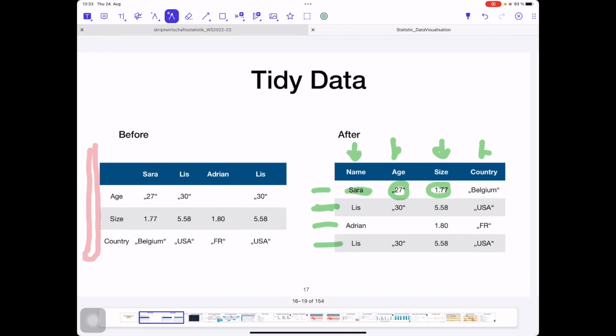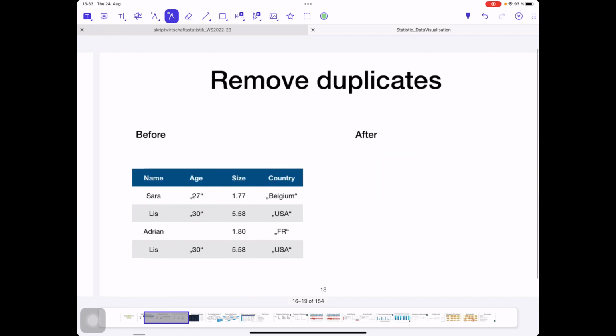She is 1 meter 77 centimeters, and she comes from Belgium. Then we have Lise. She is probably 30 years old, and it gives her size and the country where she comes from.